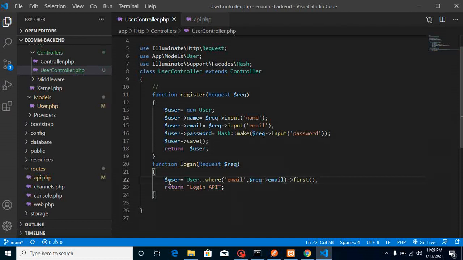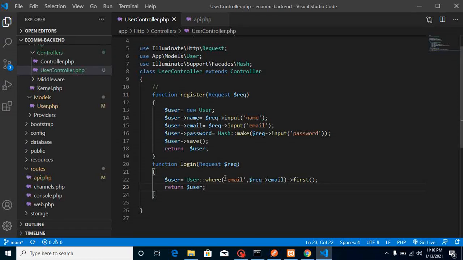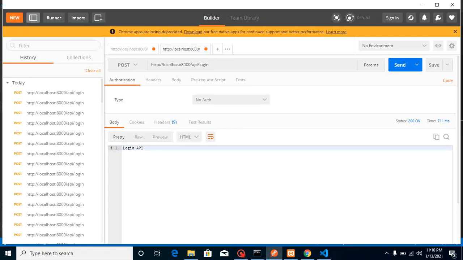All right, so now let's see what we are getting inside the user. And why are we not matching our password here? The reason being, our password is in an encrypted form, so we cannot match directly with it. We will match it with the hash function. I will show you how, but first of all let's check what we are getting inside.